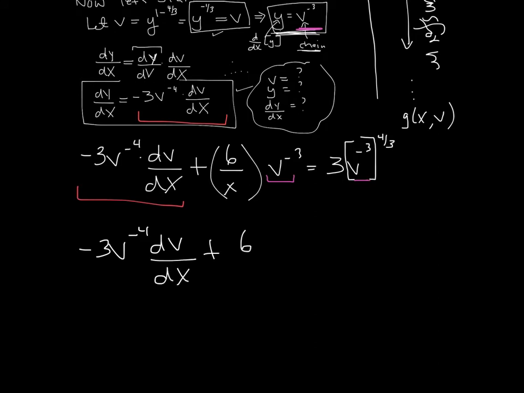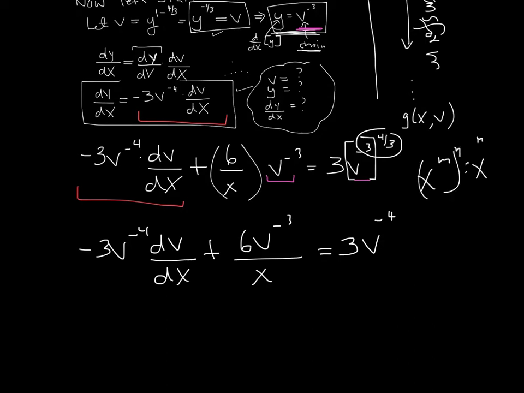Okay, plus 6v to the negative 3 over x equals, using our law of exponent rules from Algebra 1, we simply have a 3v to the negative 4. Again, I'm using x to the mn is x to the m times n. So now that you have transformed your differential equation to a function of x and v by substitution,